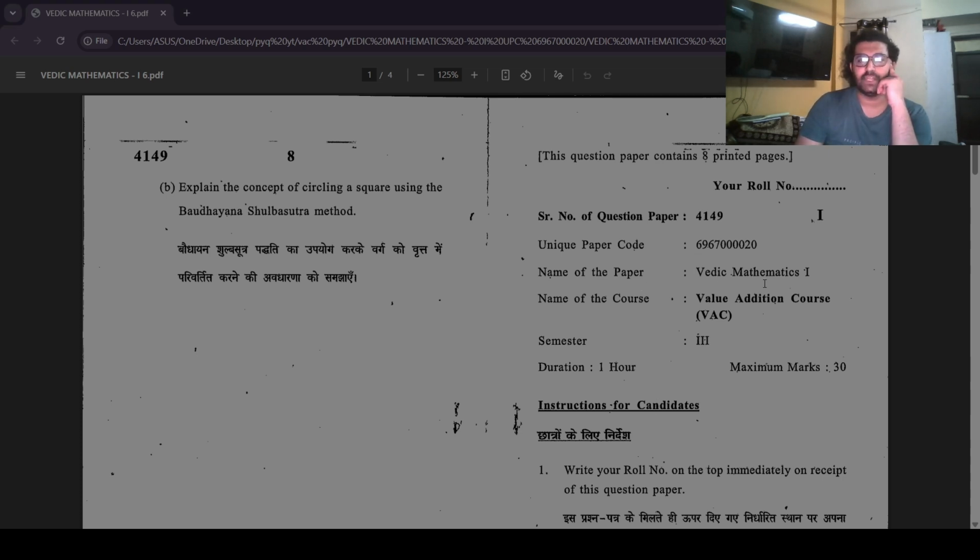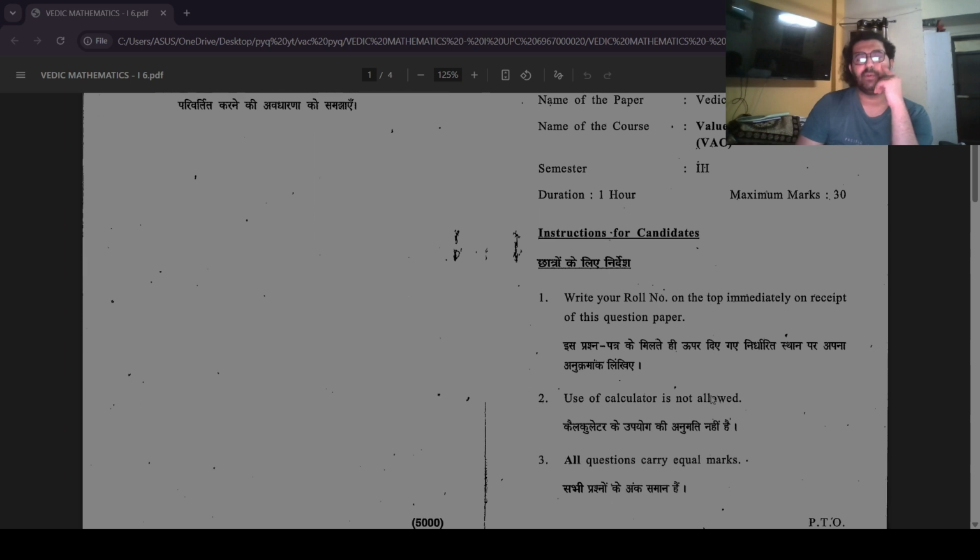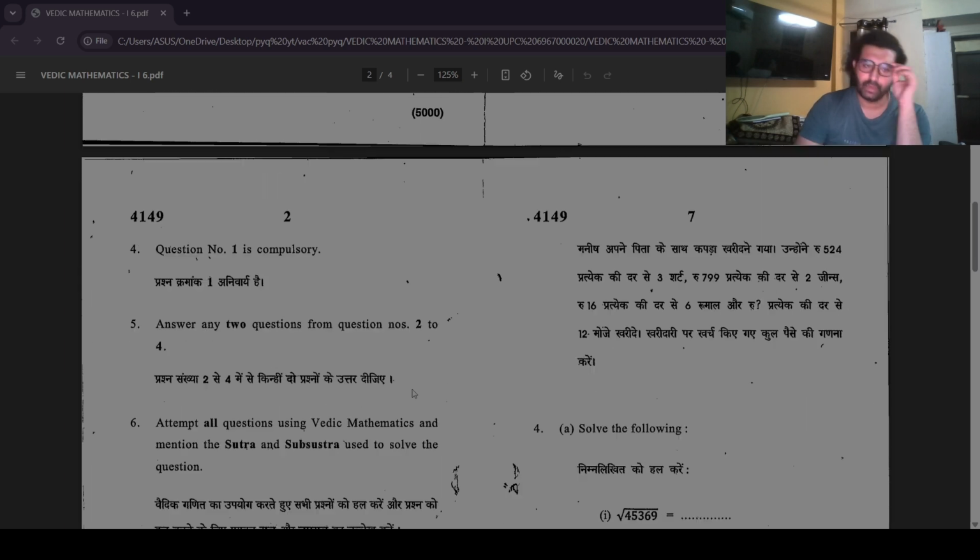Name of the paper is Vedic Maths. It's a VAC course. It's for semester 1 to 4. The maximum duration is 1 hour and maximum marks is 30. Guys, remember to read all the instructions before attempting the question paper. Okay,